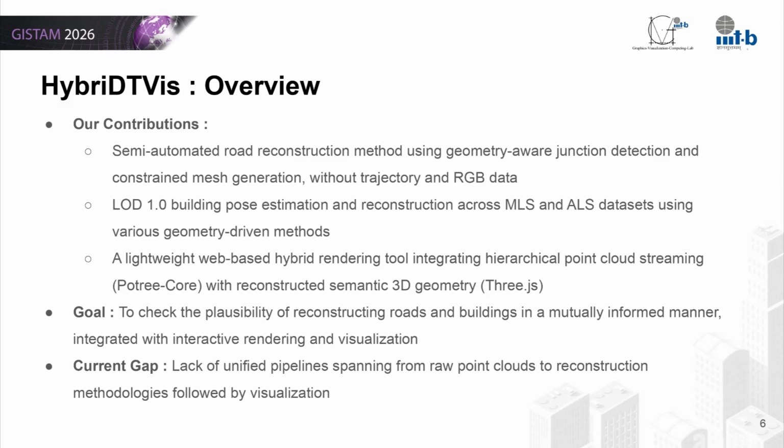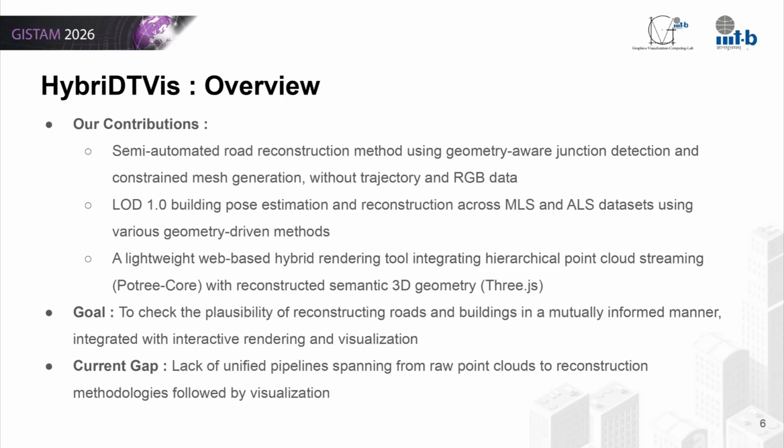Now about HybriDTVis. Our contributions include a semi-automated road reconstruction method using geometry-aware junction detection and constraint mesh generation without needing RGB or trajectory data. Then LOD1 building reconstruction across both MLS and ALS using geometry-driven pose estimation. And a lightweight web-based hybrid rendering tool combining Potree Core and Three.js. One goal we had from the beginning was to check whether roads and buildings can be reconstructed in a mutually informed way. And while going through existing work,